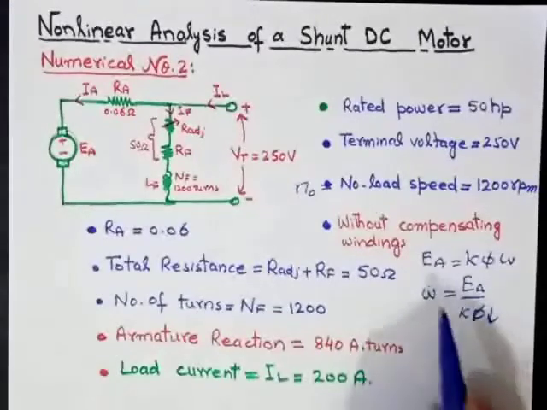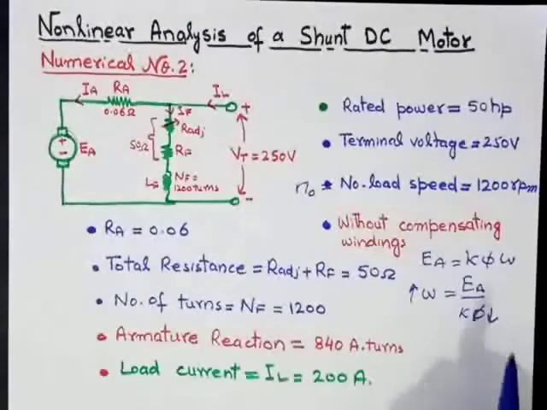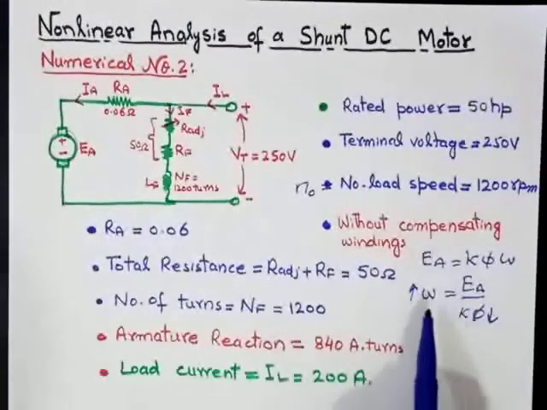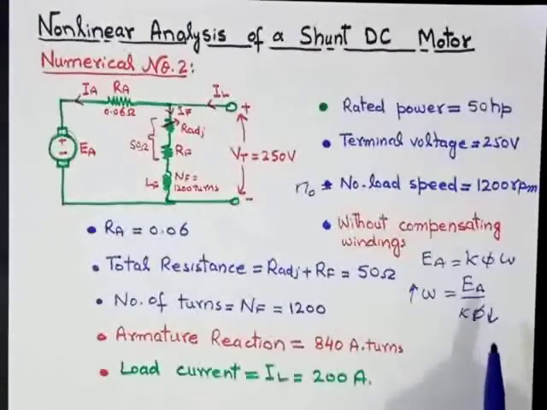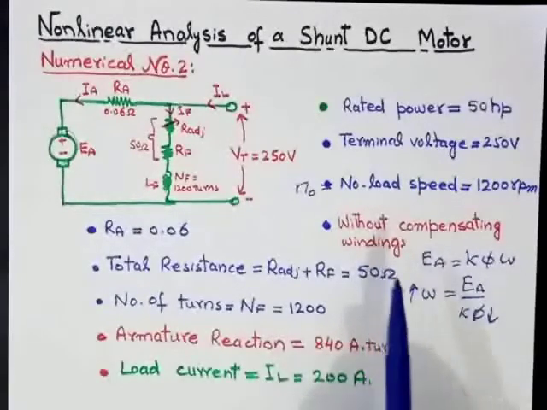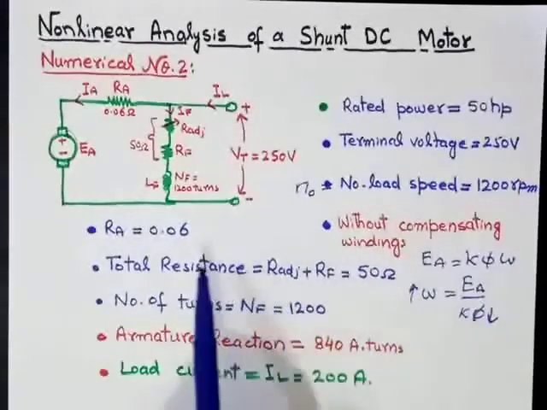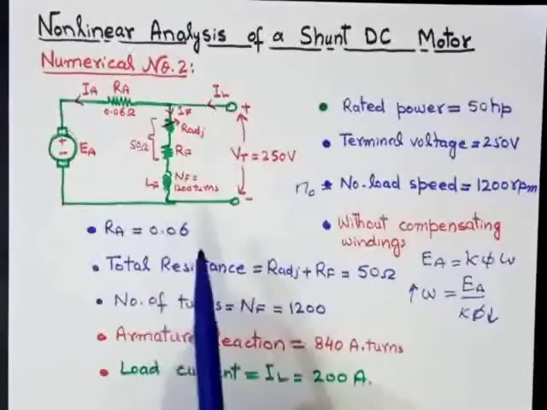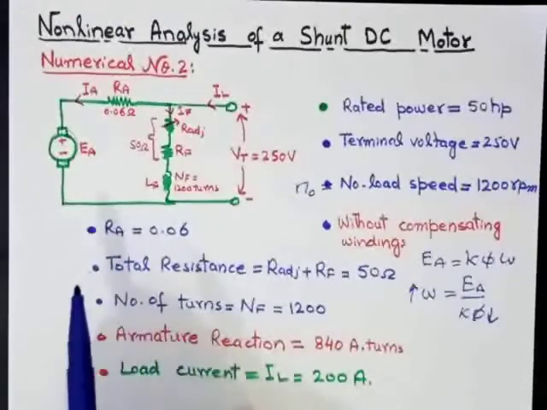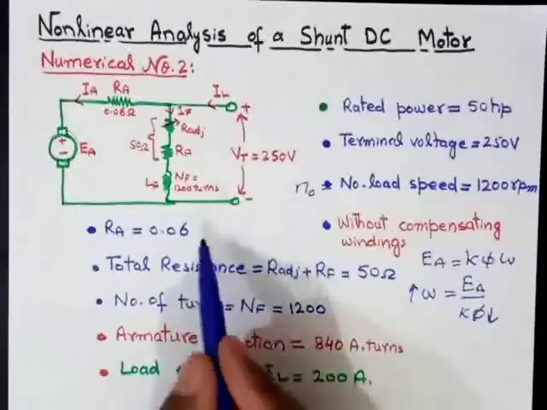When the flux reduces, the speed of the DC shunt motor will increase, because the relationship between speed and flux is inversely proportional. This is the important thing regarding the motor without compensating winding. The other parameters are the armature internal resistance, which is equal to 0.06 ohm,